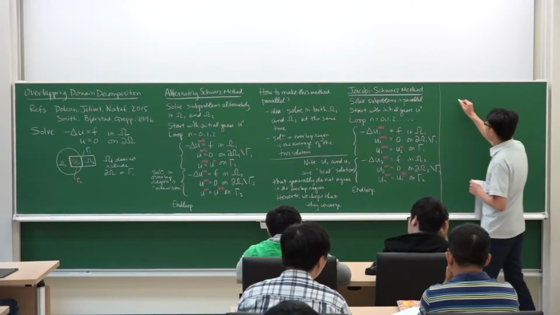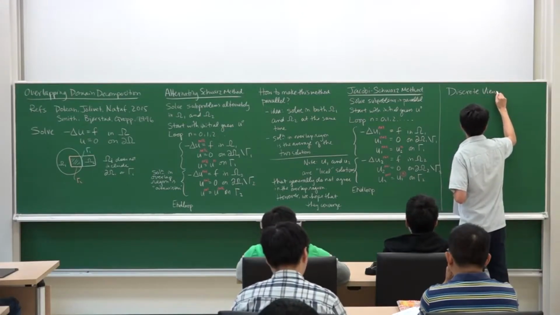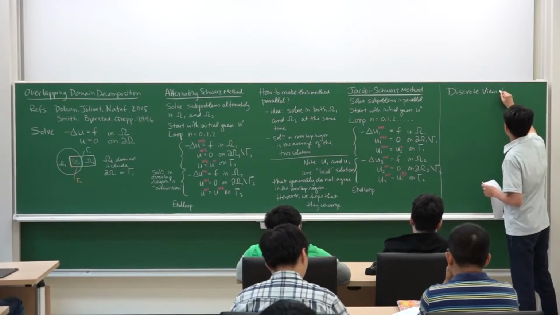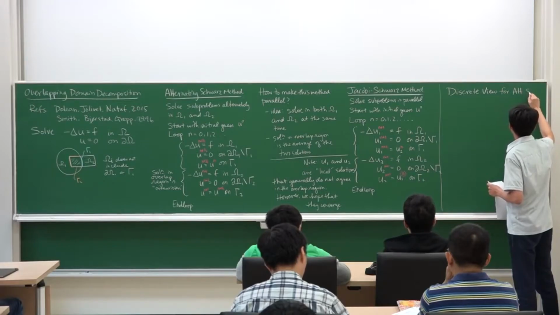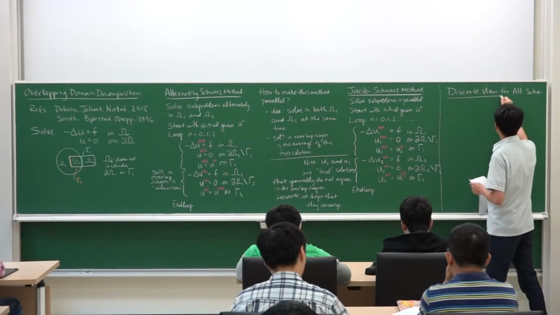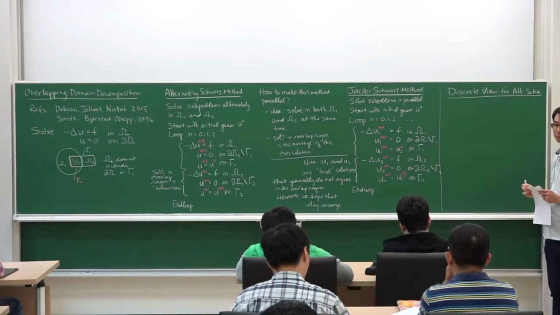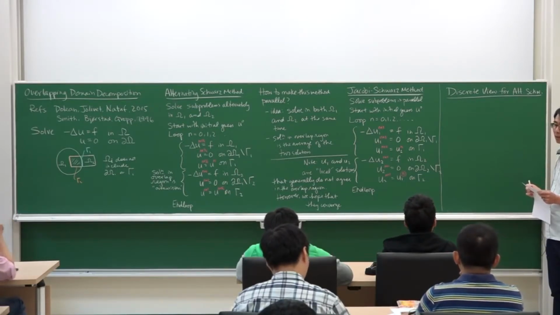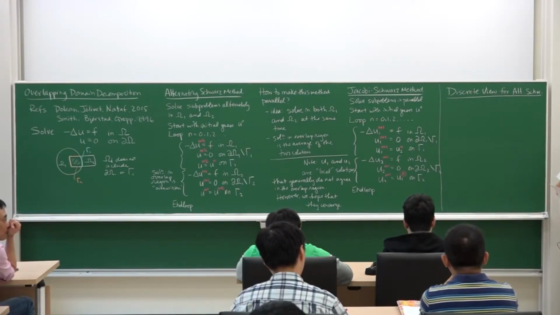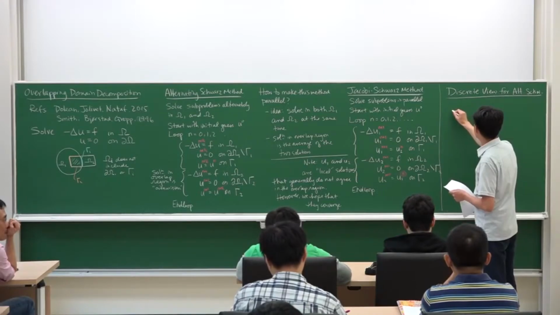So let's look at the discrete viewpoint. And I'm going to talk about the alternating Schwarz for alternating Schwarz. And I'm going to do a one-dimensional problem, my favorite one-dimensional problem. And it should be very clear how alternating Schwarz works. And in fact, later on, I'll show you a demo of how it works in MATLAB. Okay, so let's consider